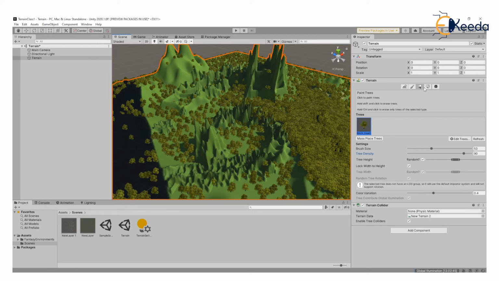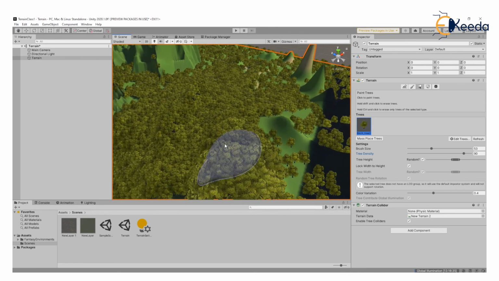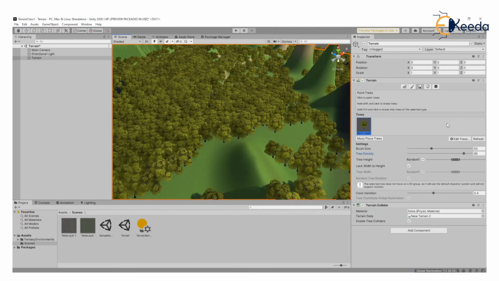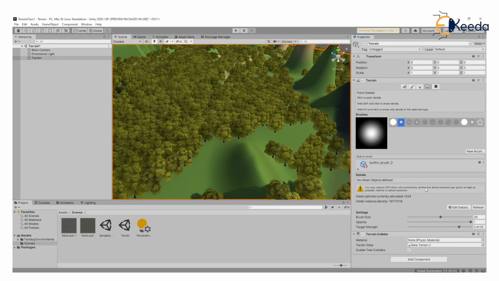We looked at adding the mountains or the hills using paint terrain, and we looked at how to add trees. Now let's go even finer. How do we add grass? I want to add grass in this current setup. For that, we have the paint details option. Using this tool, we can add grass to our terrain.